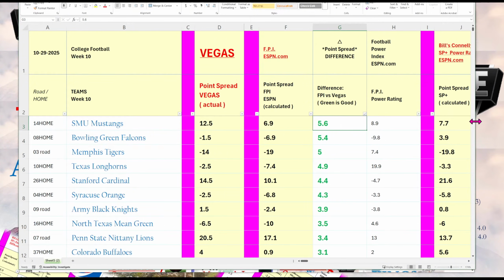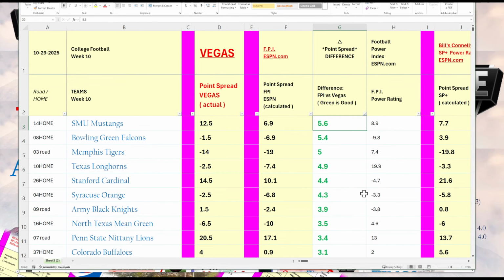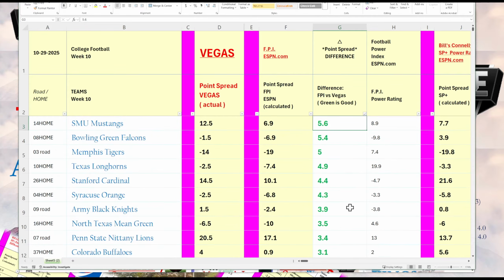And I highlighted the deltas, or the differences, that are 3 points or higher. I would consider anything less than 3 points essentially no difference. So you want to look for the largest differences. For SMU, Bowling Green, Memphis, Texas, they may have some sort of advantage based on the ESPN Football Power Index